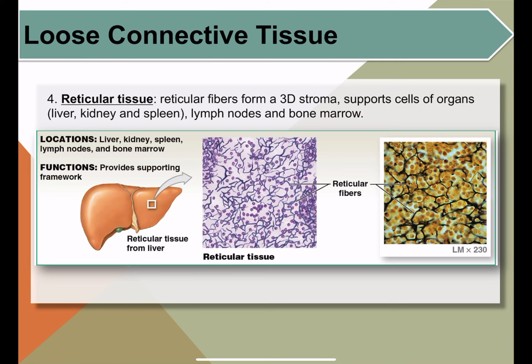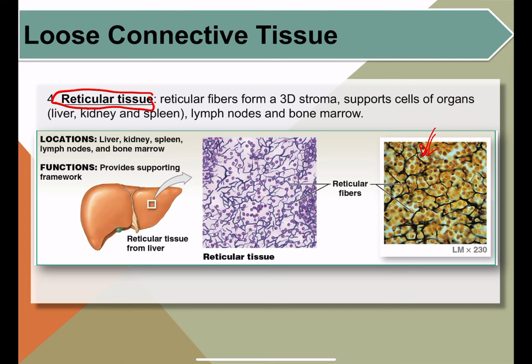Okay, so the last specific kind of loose connective tissue is the reticular tissue. This is the easiest type to recognize on the microscope because it's the only one that looks dark and brown like this, okay? It's one of the few, like I was talking about, that is not pink and purple with H&E staining. The reticular tissue always appears kind of that dark yellow brownish color due to the nature of the tissue